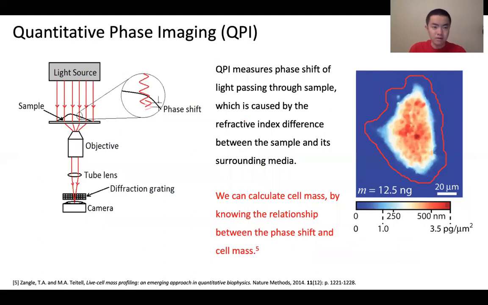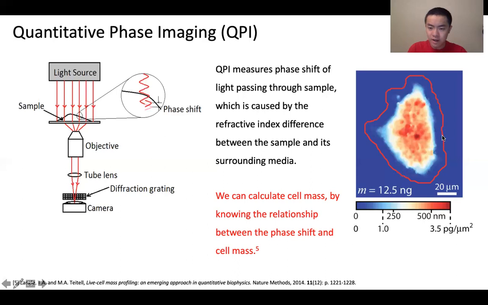Our method also includes quantitative phase imaging, also known as QPI. QPI measures the phase shift of light passing through a sample, which is caused by the refractive index difference between the sample and its surrounding media, shown in the image on the left here, where the phase shift of light can be measured. By knowing the relationship between the phase shift and the cell mass, we can calculate the total mass of a cell, shown in this image here,